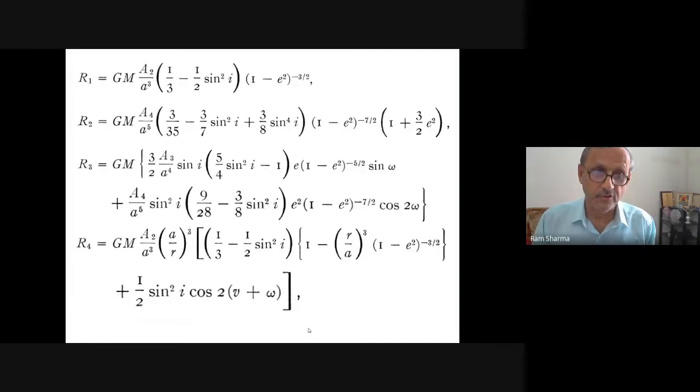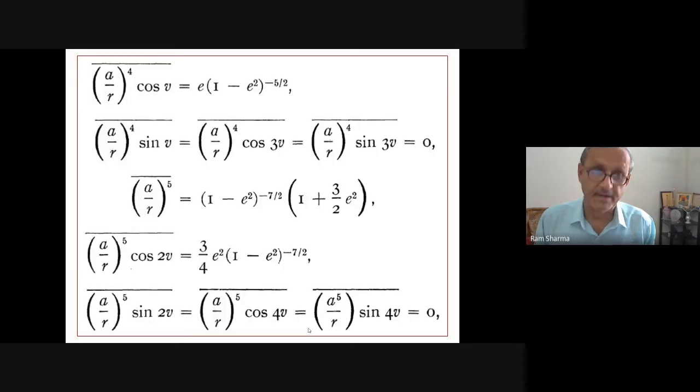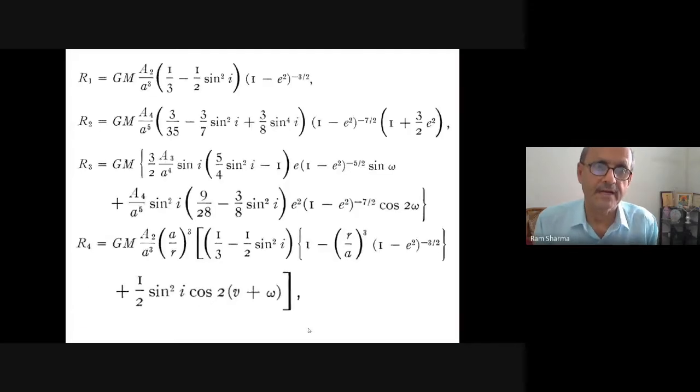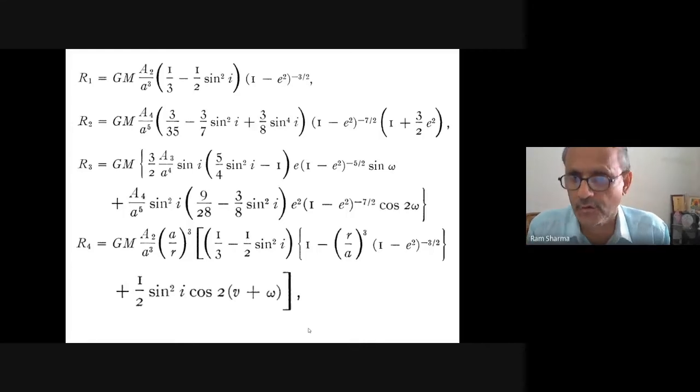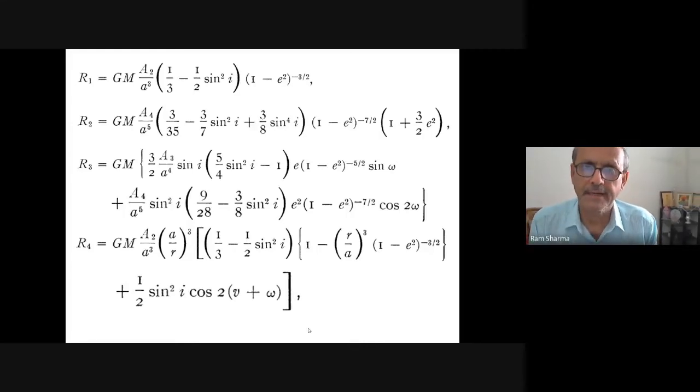So now what happens, see, the R was there. He has written the perturbing function. These are all to show how the simplifications will come, the average values. Now R1, R2, R3, R4, please see. R1 does not contain small omega. It does not contain true anomaly. It does not contain capital omega also. It contains only A, E and I. So this R1 only gives you the secular terms.